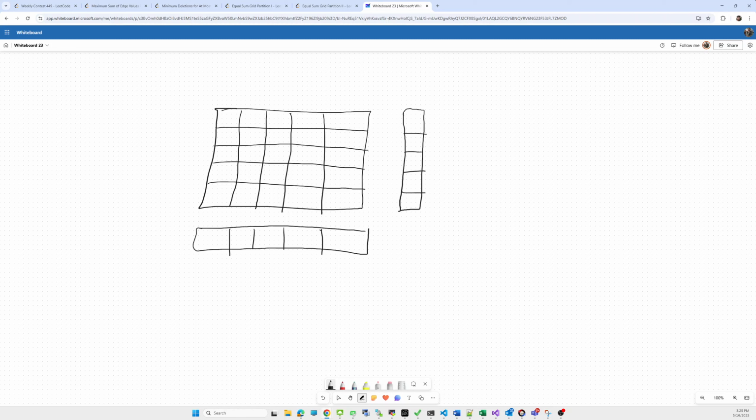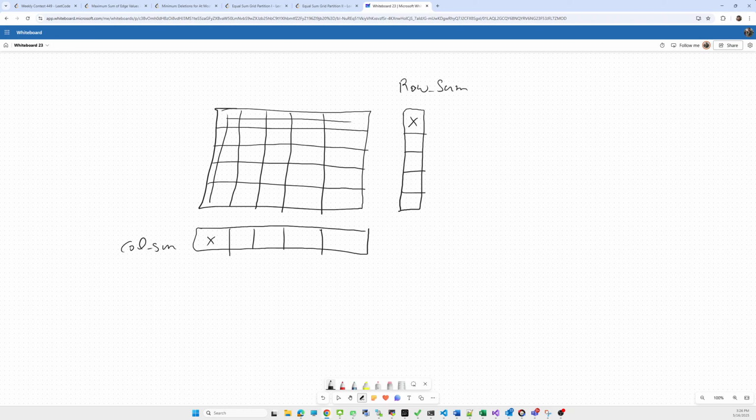So this one will be called column sum, and this one will be called row sum. This index will have the sum of the whole first row. Similarly, this index of the column array will have the sum of all elements in this column.